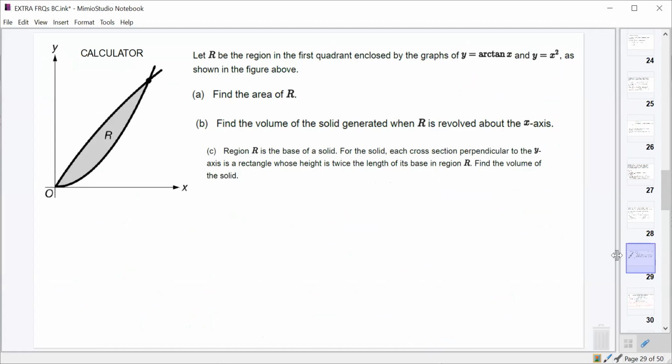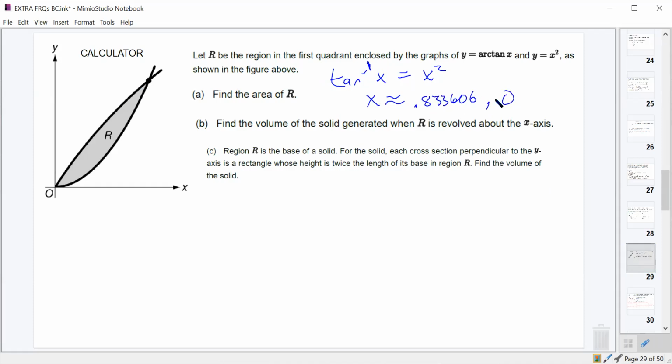And let's see, this one is a calculator problem. So if we want to find the area of R, and we've got inverse tangent of x and y equals x squared, we just take our upper function. Well, first thing we need to do is figure out where they intersect. So you'd write on the test inverse tangent x equals x squared, and you figure out that that occurs when x is, when does that occur? Obviously at the origin, right? And then also at x equals 0.833606